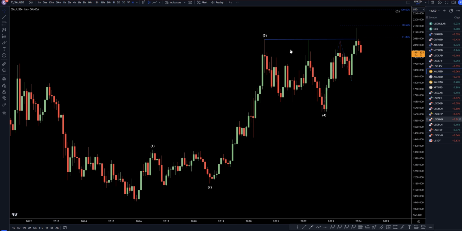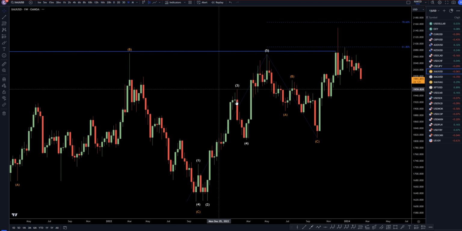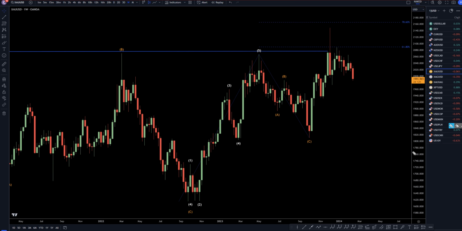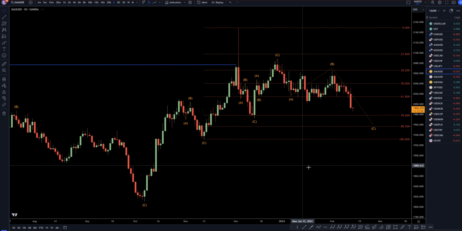So taking it down to the weekly is where we can see a little more clarity. I think this first push up is a 1. I think this ABC is a 2. I think this move up is a wave 3. Now I believe that this is like a 1 of 3 and a 2 of 3, and eventually this is going to go up and make a wave 3 of wave 3. This should be all a subdivision of wave 3, which is why I'm calling it a 1, 2, 3 of wave 3. So taking it down to the daily time frame.